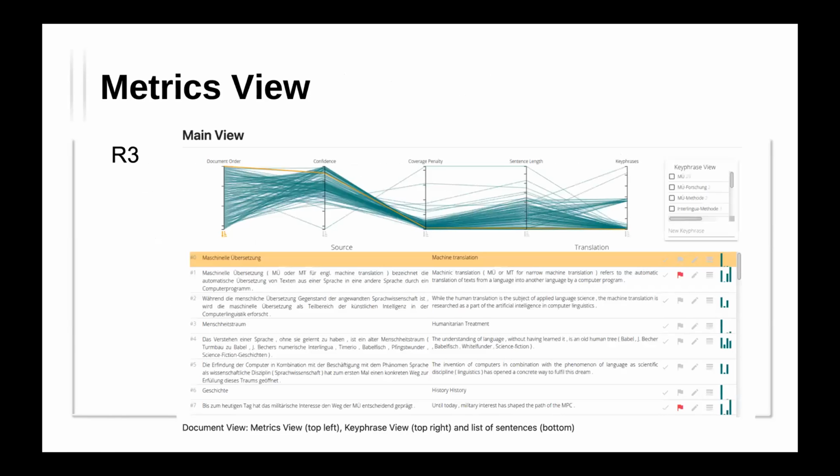Okay. And first, this is the main view of their visual system, which starts from the matrix view, this part. This part is the matrix view, and the first metric is called document order, which just represents the index of each sentence. And then the second metric is confidence. So it's the probability, or how confident the model is with its prediction. And the third,